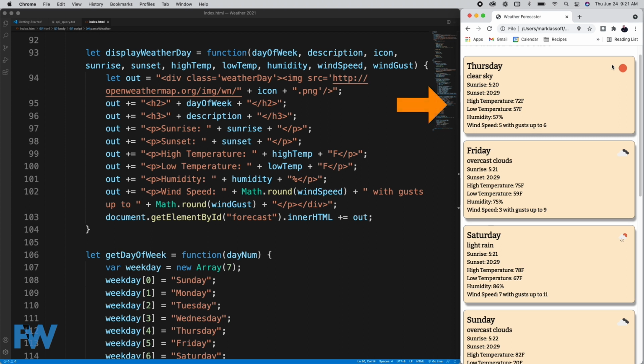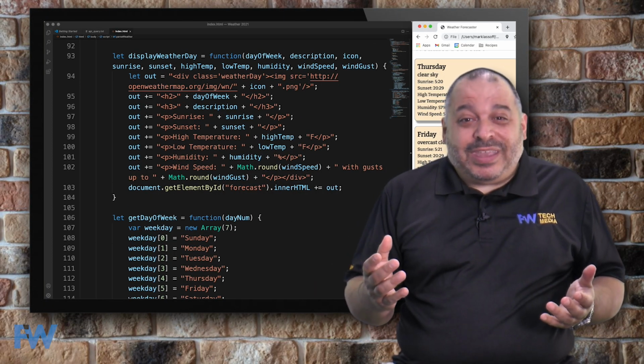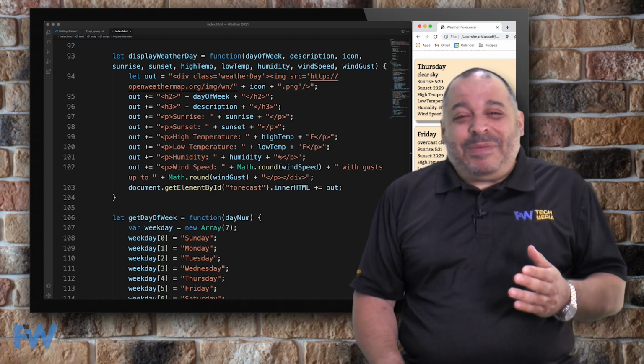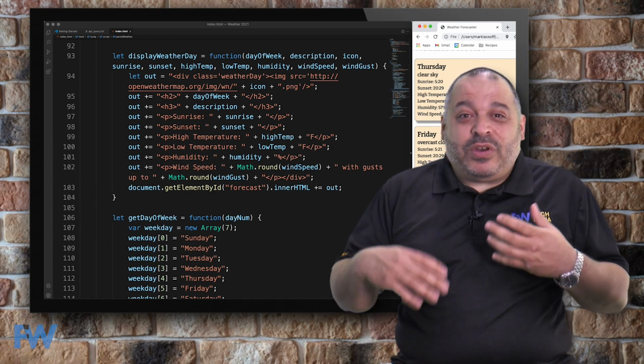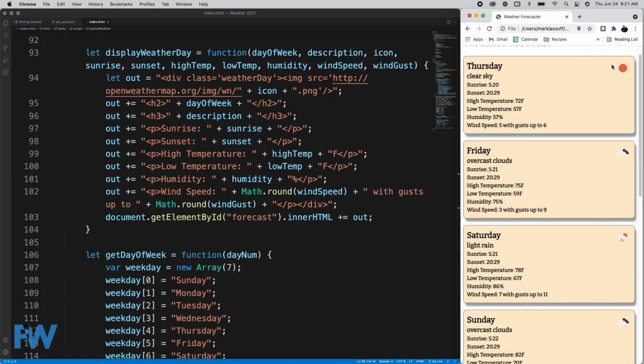So we create a logical division in a variable called out using JavaScript on line 94. Notice that's got the image source tag in there first, and we put in the icon code, which came from the API. Now, by the way, if you're wondering where the whole URL came from, well, I read the documentation for the API, which is a step a lot of people skip, but one I highly recommend if you want to really learn how to use the APIs that you're working with.